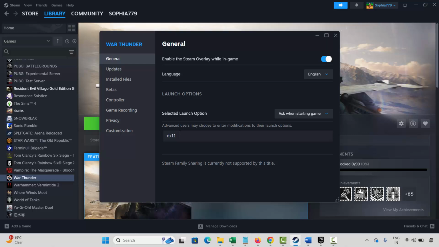working. If not, again come back, type -dx12 and then try to launch the game and see if this resolves the problem. If this also doesn't resolve the issue, come back, remove the launch option and move to the next